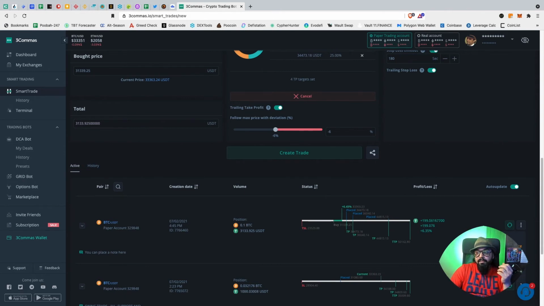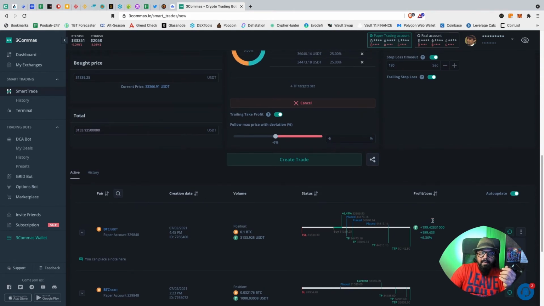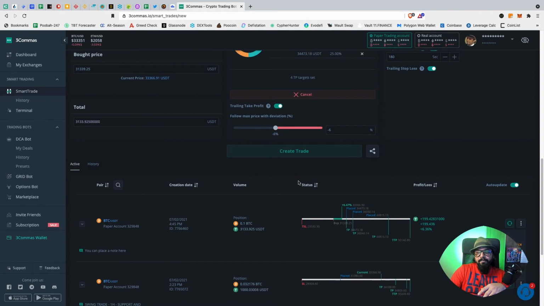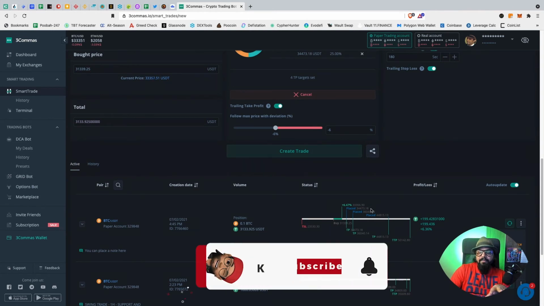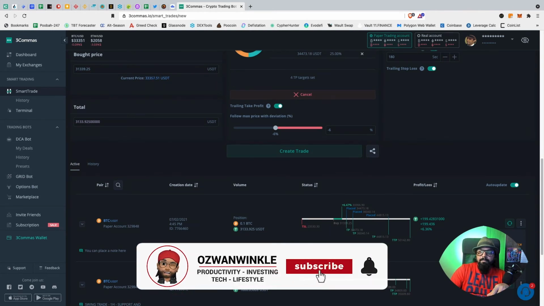Another interesting feature that I wanted to tell you guys about is add funds. For example, this is your buy price and BTC falls, say, here. So what you want to do is, instead of going and buying more BTC separately and then making a different deal for it, you already have all your take profit set up. So you simply go here, click on add funds,